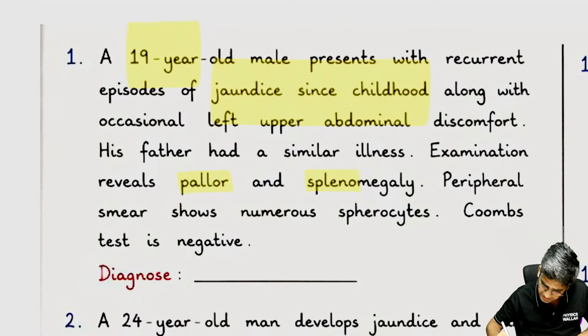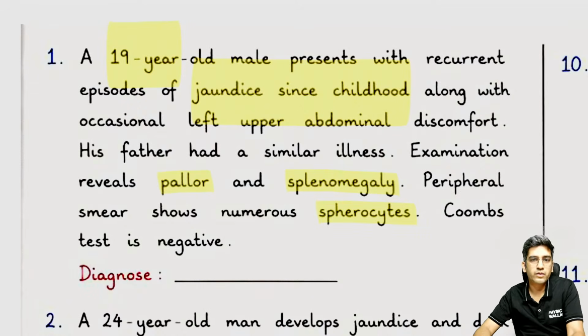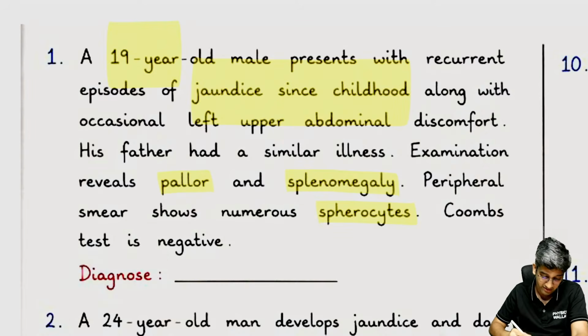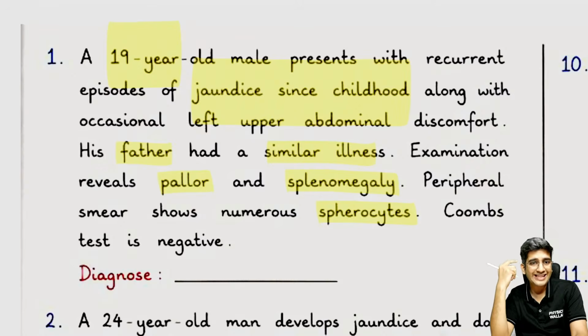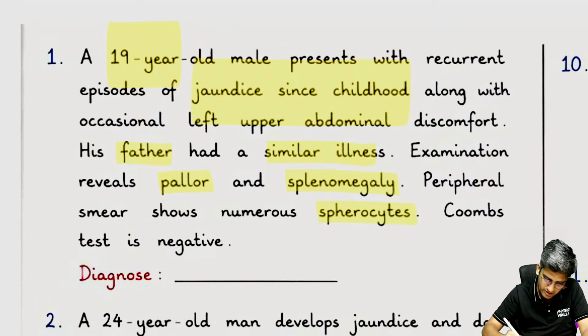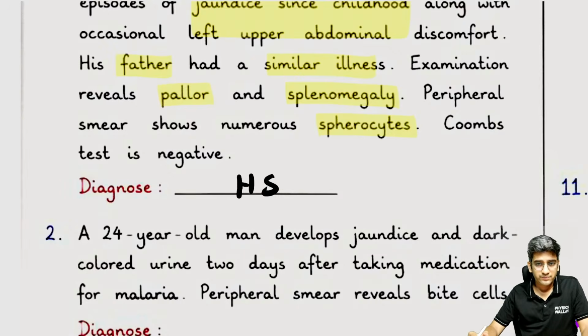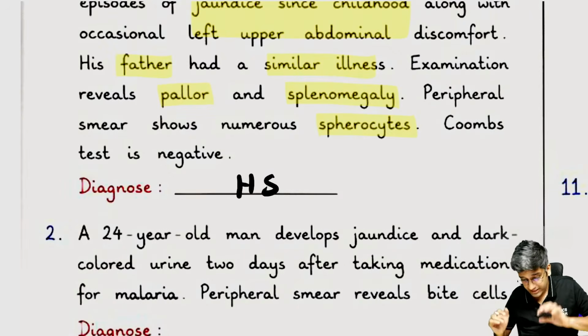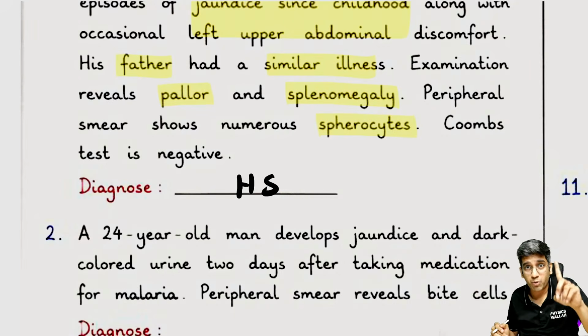What's the answer? I want you guys to keep commenting. 19-year-old. Most important: family history, splenomegaly, slight pallor, spherocytes, diagnosis. What's the answer? Great, great. I want everyone to comment. Come on, not one person. Everyone is going to write the exam, right? Classical case of hereditary spherocytosis. The family history is very important. Adult is very important. Splenomegaly is also important for me here, right?